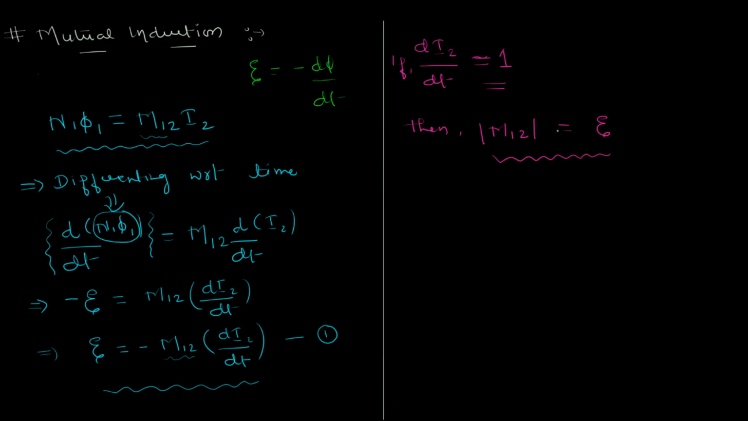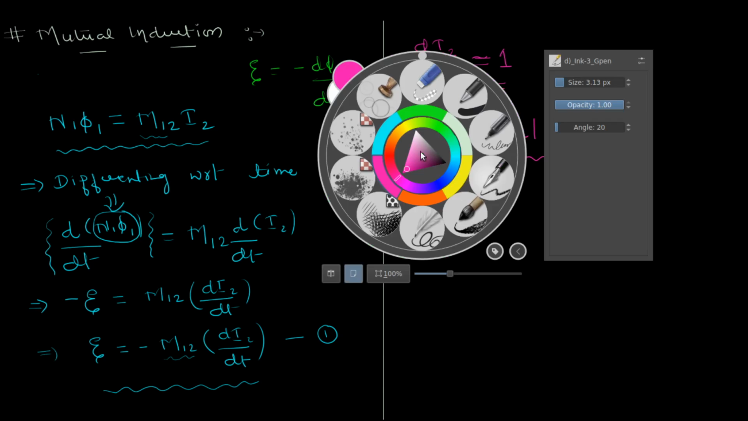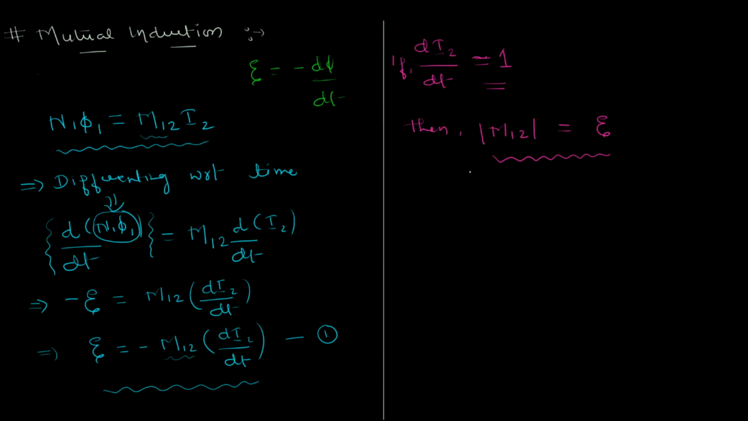So I'm just saying that their magnitudes will be equal, so they are numerically equal, right? And therefore with all this, we'll try to define what 1 Henry is, right? So I can maybe write it like this, that